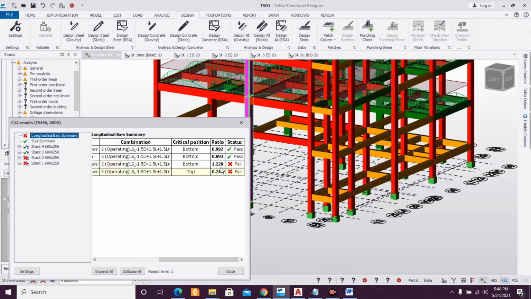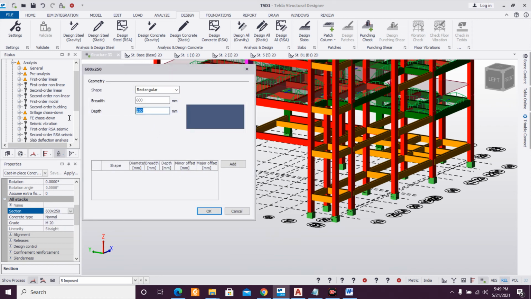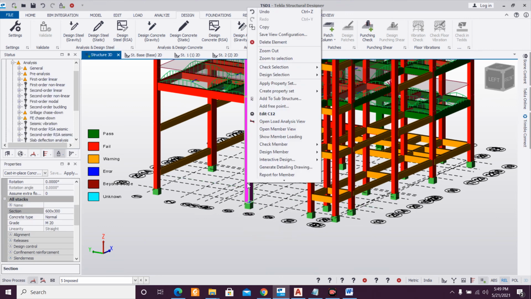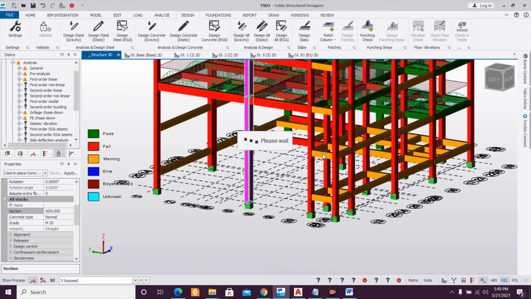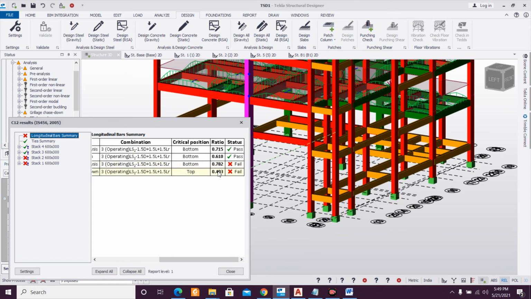Yeah, it's better, only a little bit. So this was your 650 now. So let me just give this a different dimension as well. 300 into 600. If they're not, then I'll go for 350. Now let's see, 1.22 was the previous result. Okay, now it's pass. 0.72 and 0.403, so it's passing.